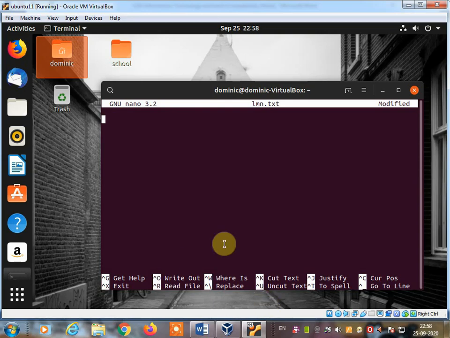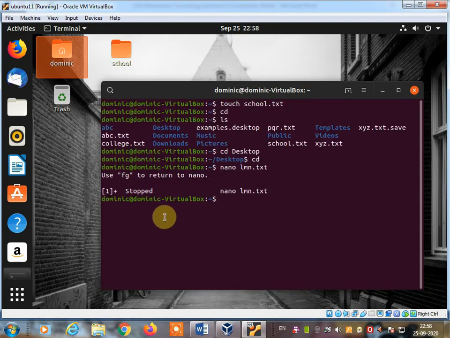Again if you want it back, Control U you can press, the text will come back. So Control U, uncut text. To check the spelling, Control T. And if you want to come out, you can press Control Z, you will come out from this nano text file. Okay, that is the use of nano text editor to create a file.